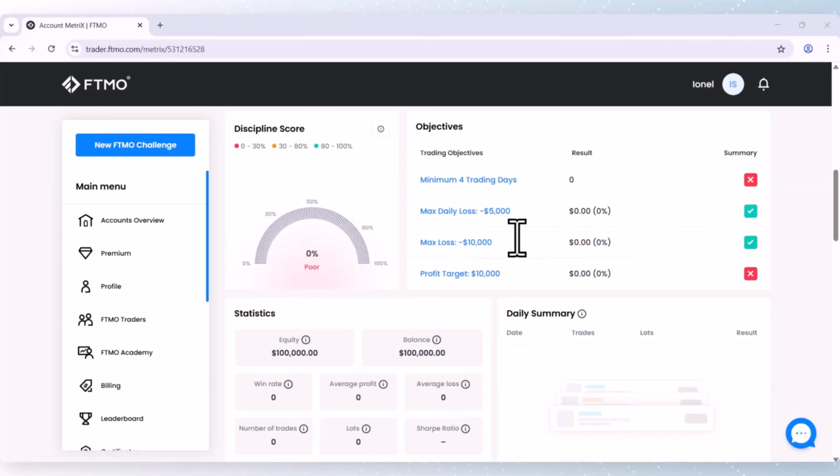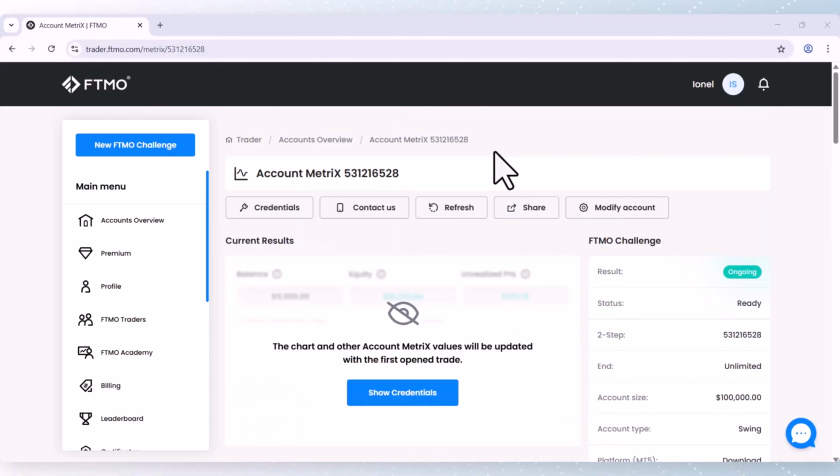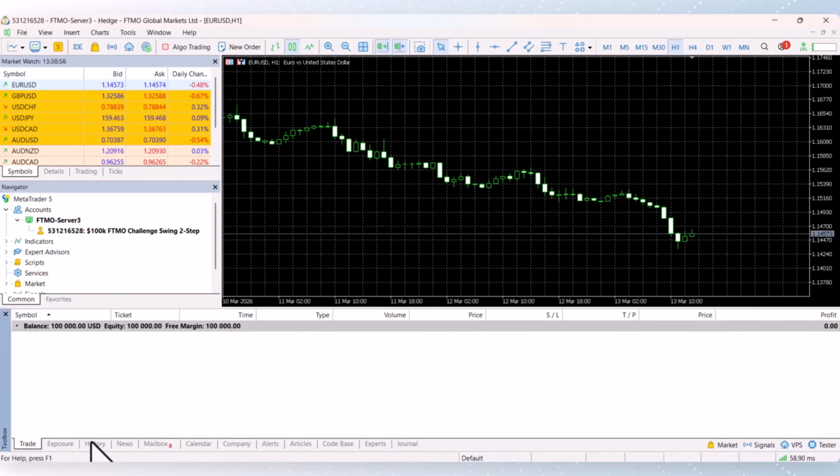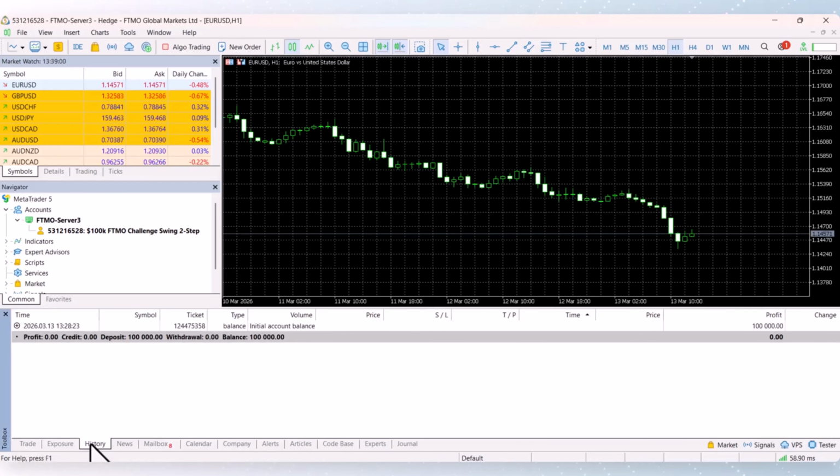As you can see, today I take this FTMO challenge and I want to record all transactions that I will open in order to pass this challenge. Today is Friday and starting with next week I will start to record and document all transactions that I will open in order to pass this FTMO challenge. As you can see, I will use MetaTrader 5 and the account has 0 trades in this moment.